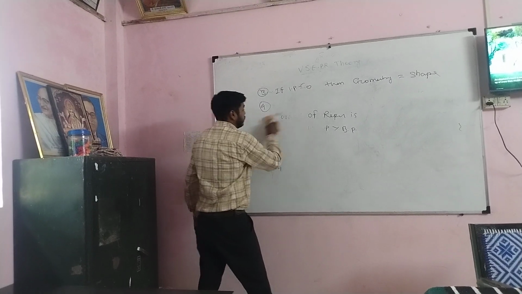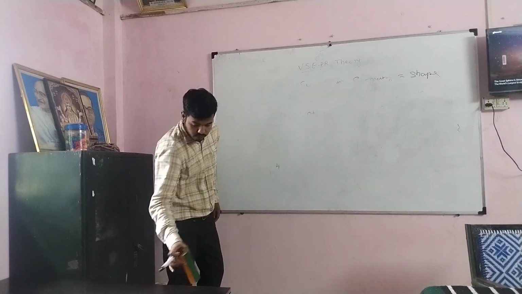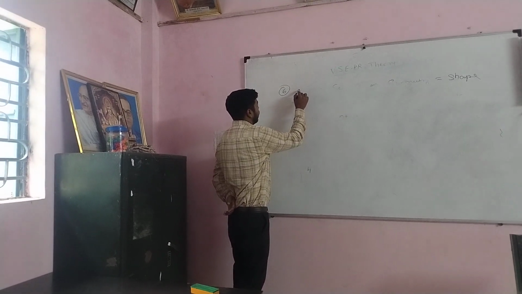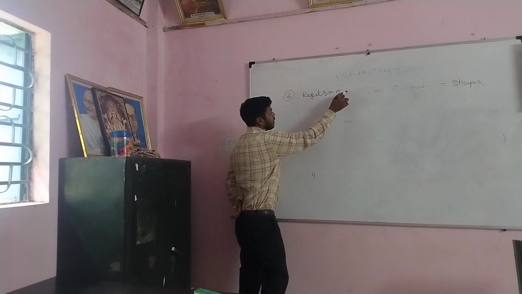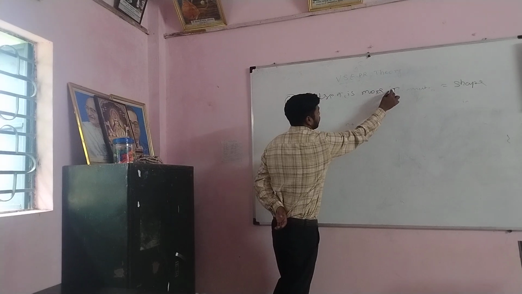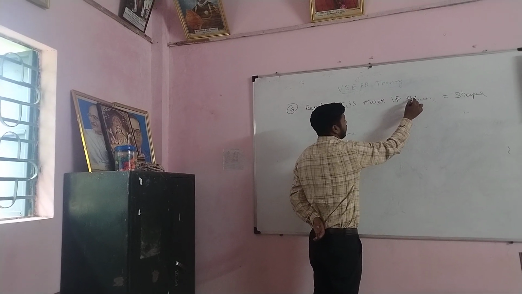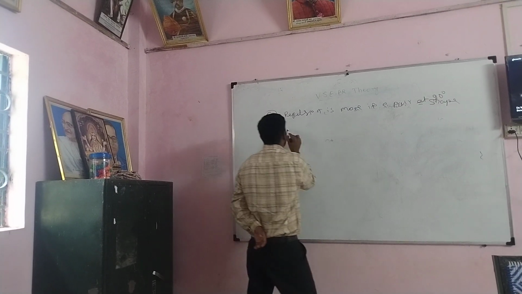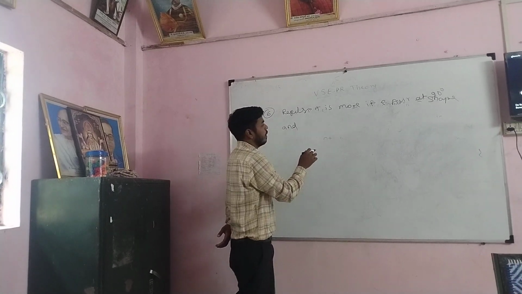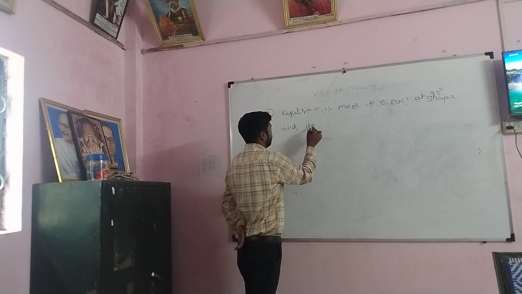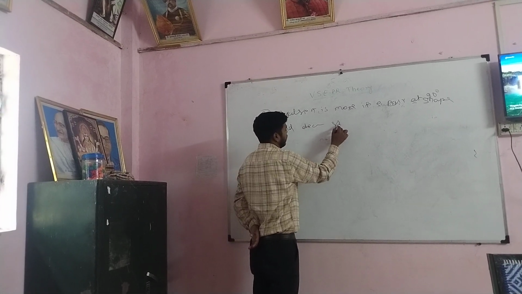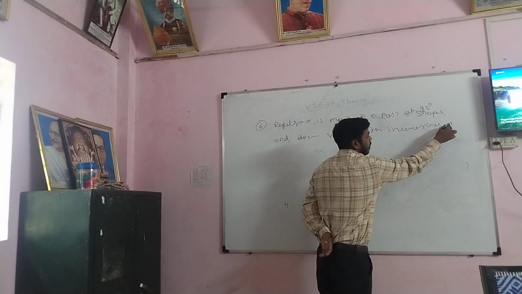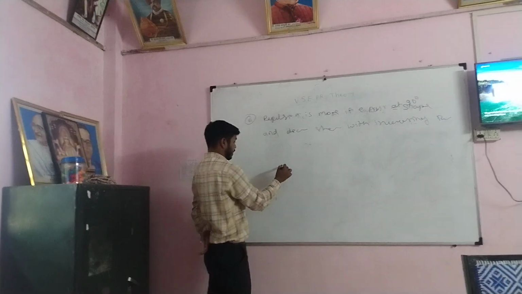Then the last rule: repulsion is more if the electron pairs are at 90 degrees, and decreases sharply with increasing bond angle. For example, in the SF4 molecule,